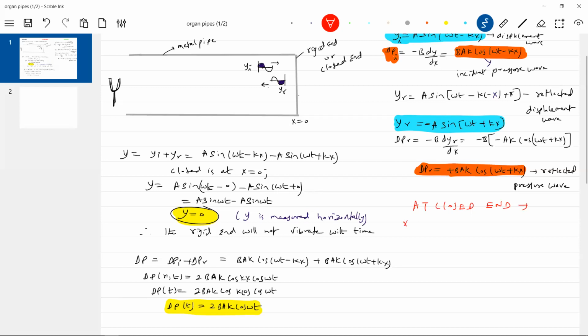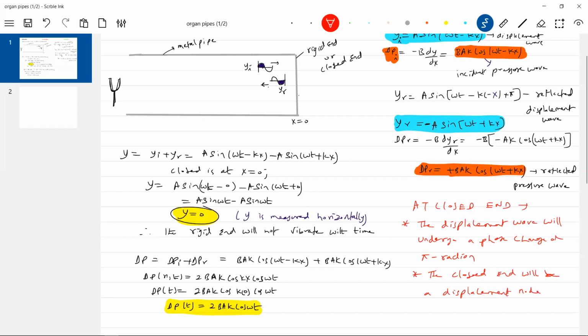At the closed end, the displacement wave will undergo a phase change of pi radian. The closed end will be a displacement node. This is the one thing. Next again,